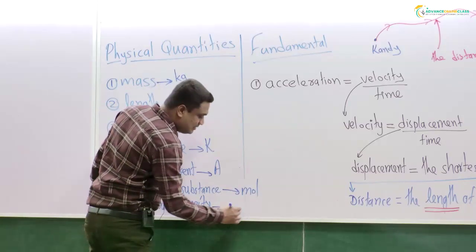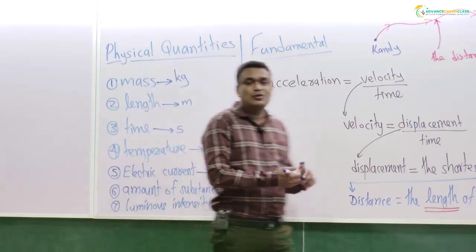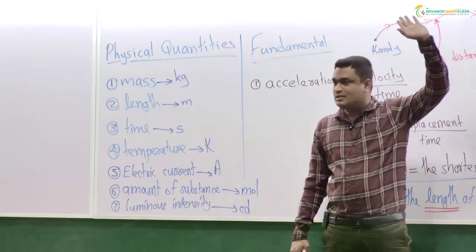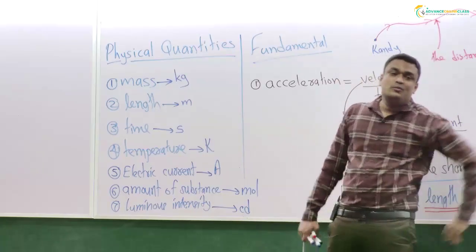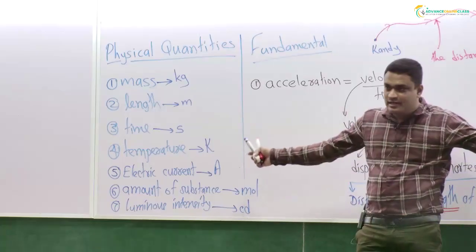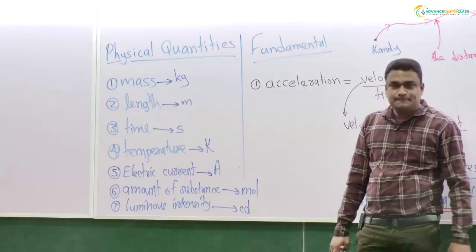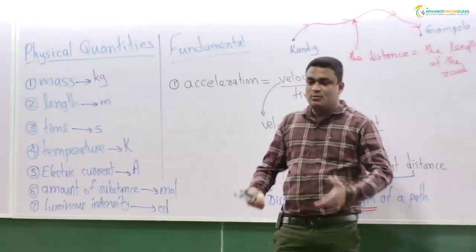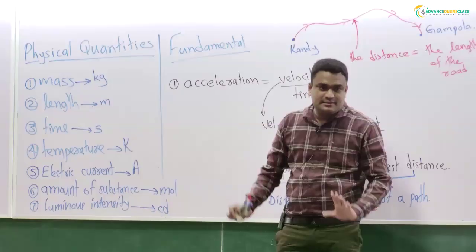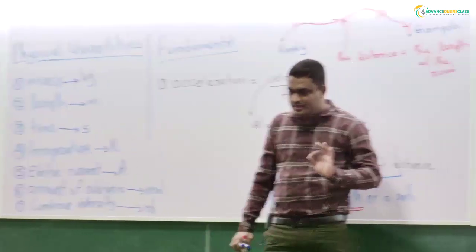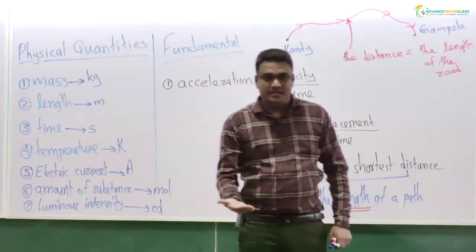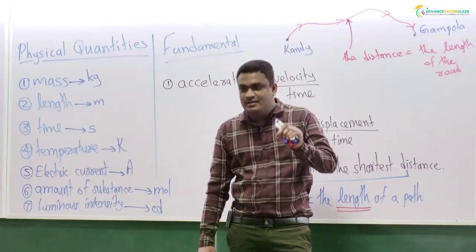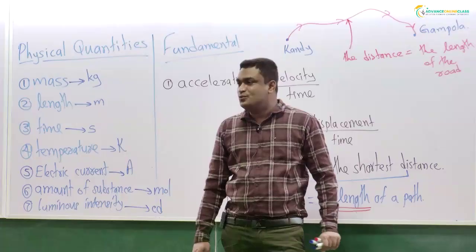Luminous intensity, candela. I forgot to tell you about luminous intensity. This is a very important fact. Who are the physical science students here? Who are the students learning maths? When you become engineers, let's say you are an electrical engineer, and this is a factory, maybe a garment factory, maybe a mobile phone manufacturing factory. One of the main jobs is you check the luminous intensity. You have a meter, you go to places and check. Why? There should be a certain luminous intensity for the humans to work comfortably.